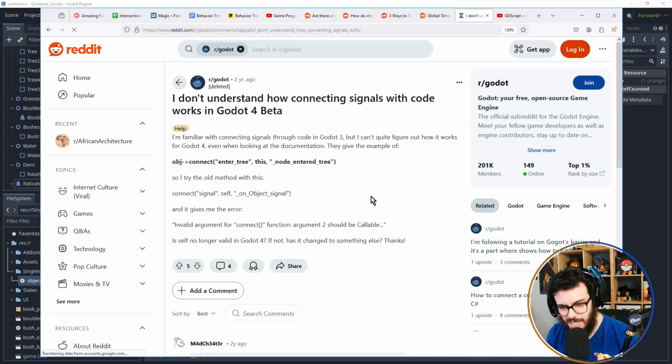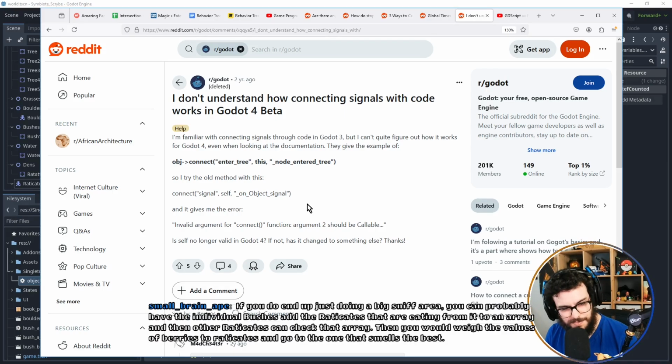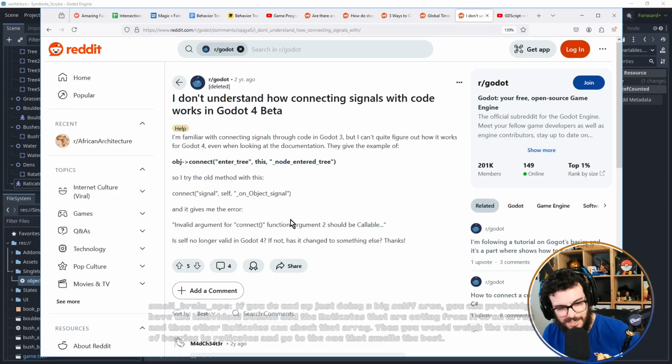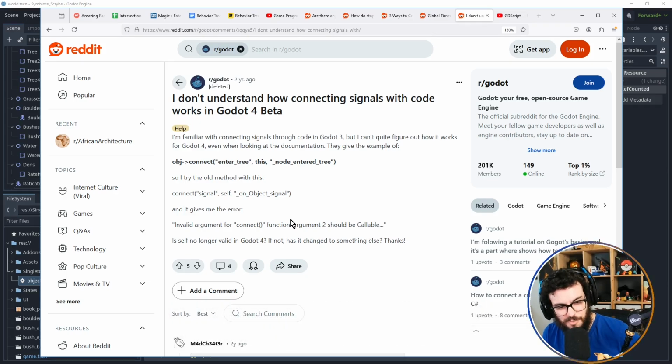Okay, this is what I looked at before. If you do end up doing a big sniff area, you could probably have the individual bushes add the Radicates that are eating from it to an array. And then other Radicates can check that array. You'd weigh the values of berries to Radicates and go to the ones that smell the best. Ooh, that's an interesting idea. Like, add in the Radicates as a negative